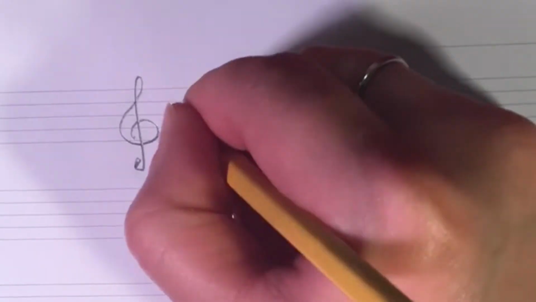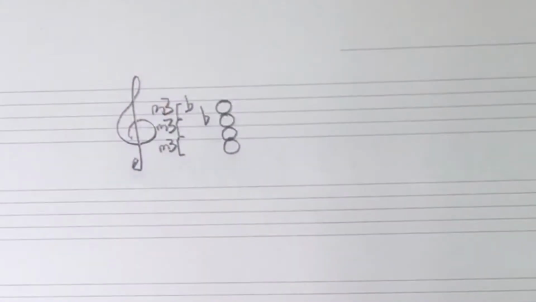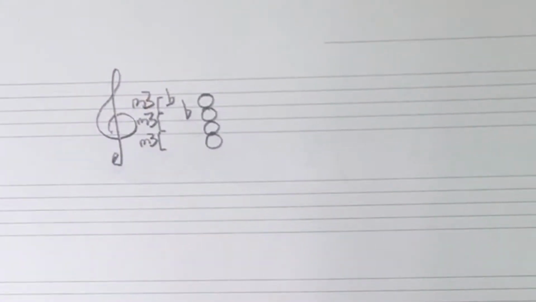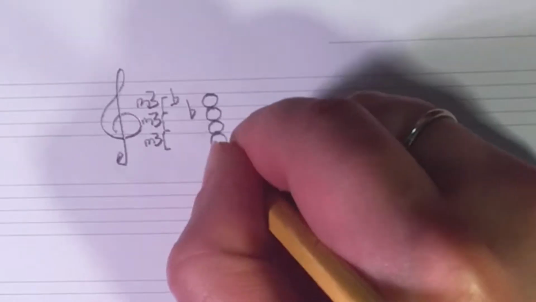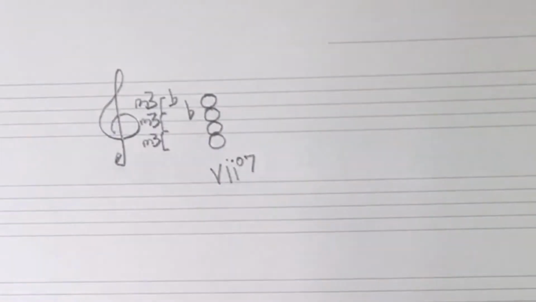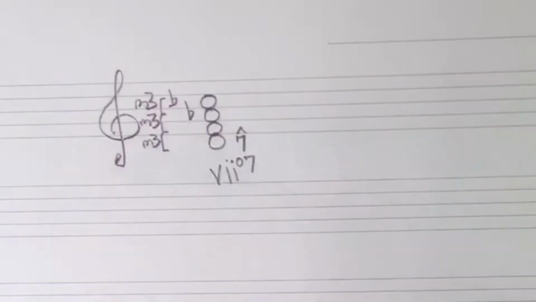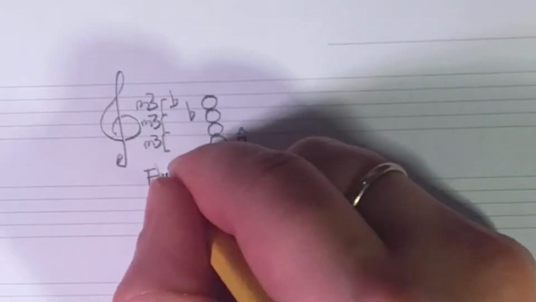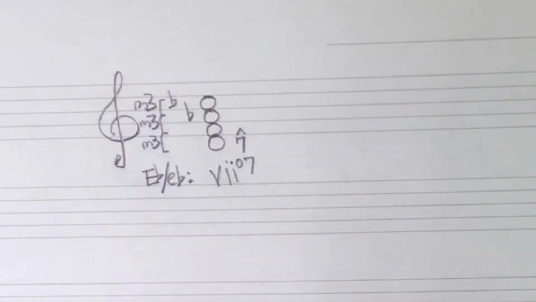I can build a fully diminished seventh chord by stacking 4 notes, each a minor third apart. When this chord is used in a tonal context, it is most often functioning as a leading tone seventh chord. D is the leading tone to E flat, so this chord is 7 fully diminished 7 in E flat major